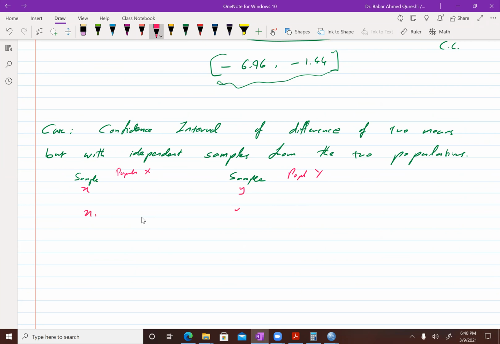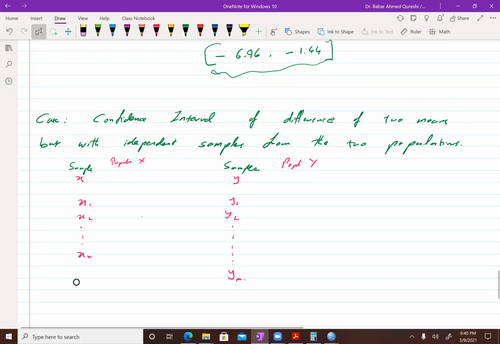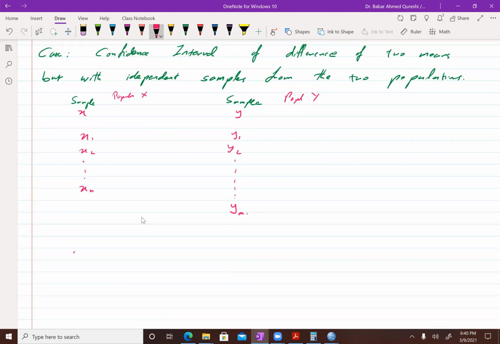You have some numbers. They're not matched. They don't even have to be equal in number because they have no relation to each other. You may have n elements in this sample, and m elements in the other sample. But you know that